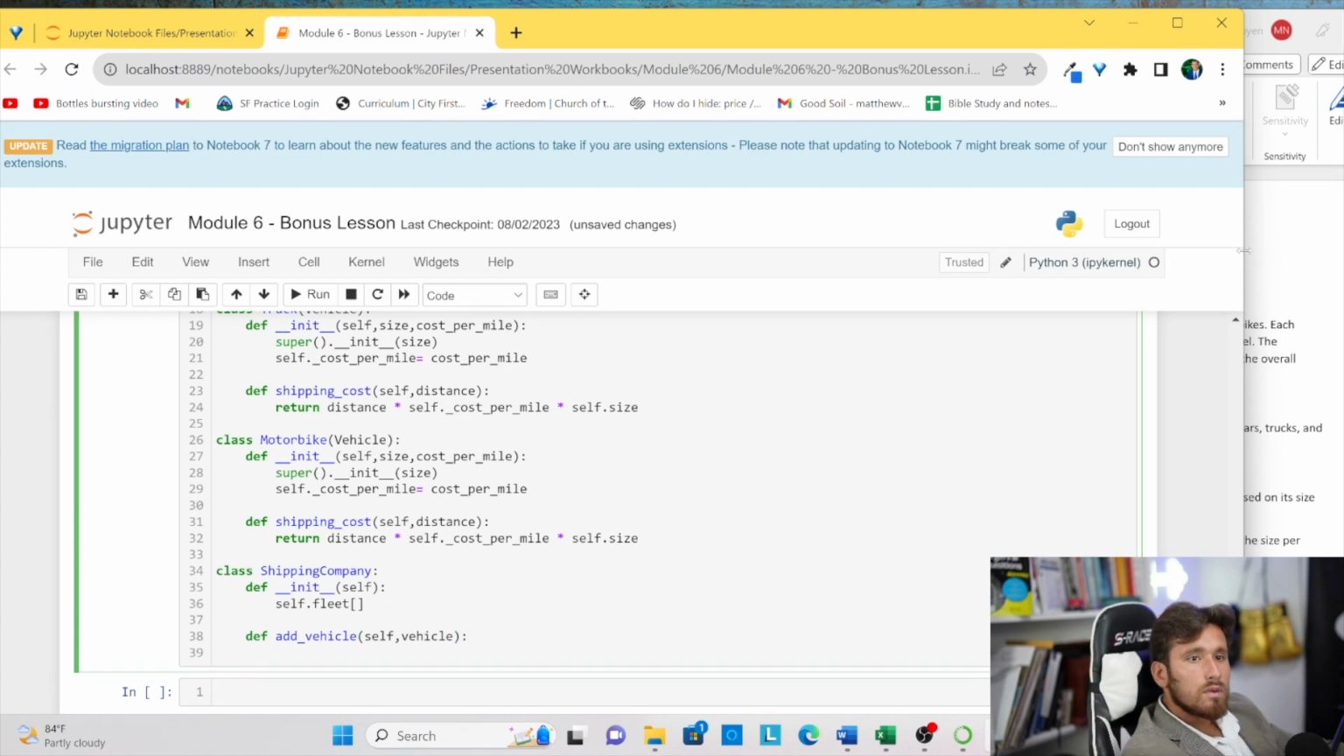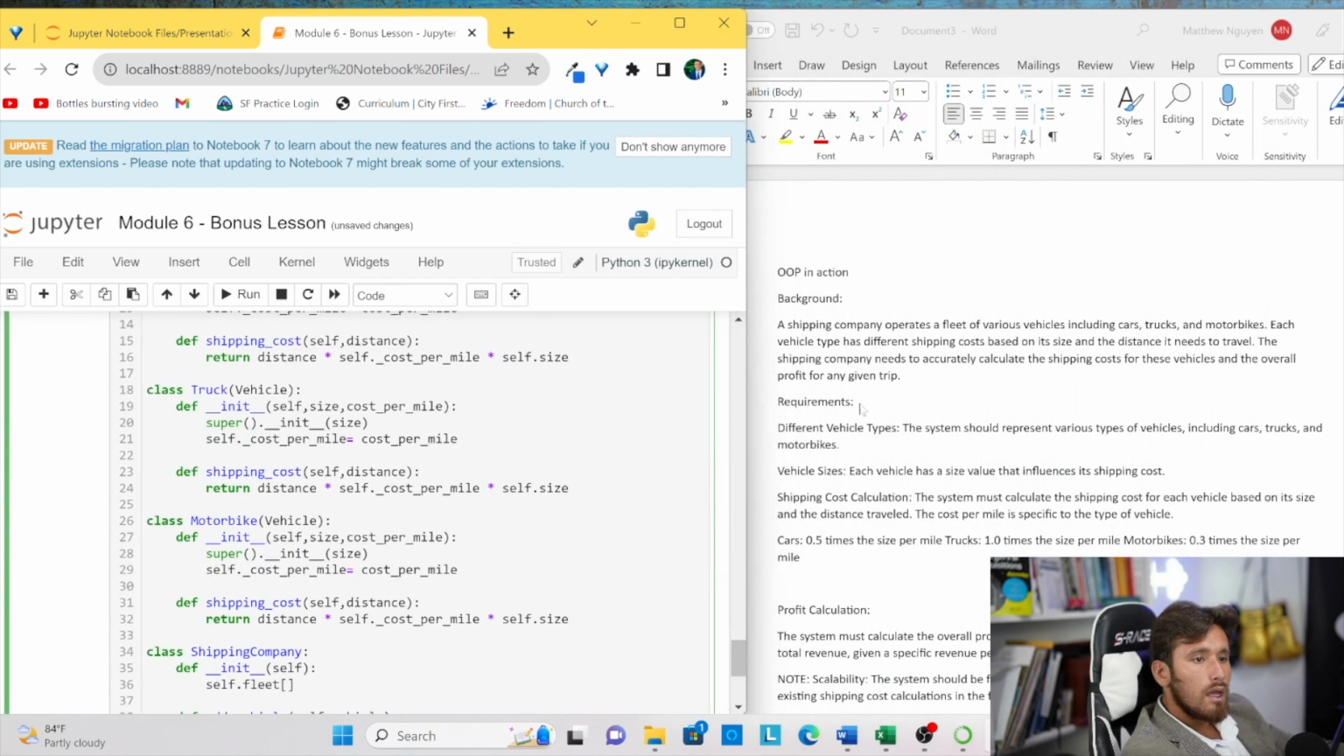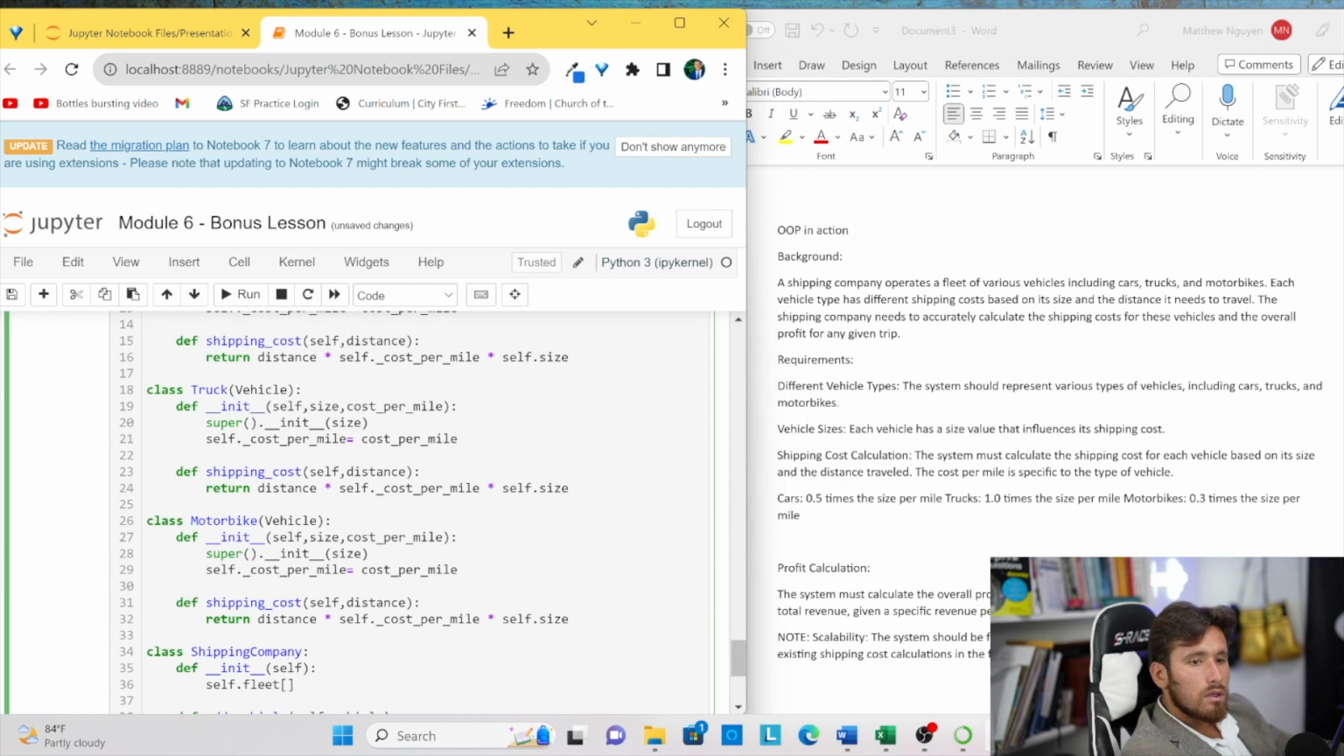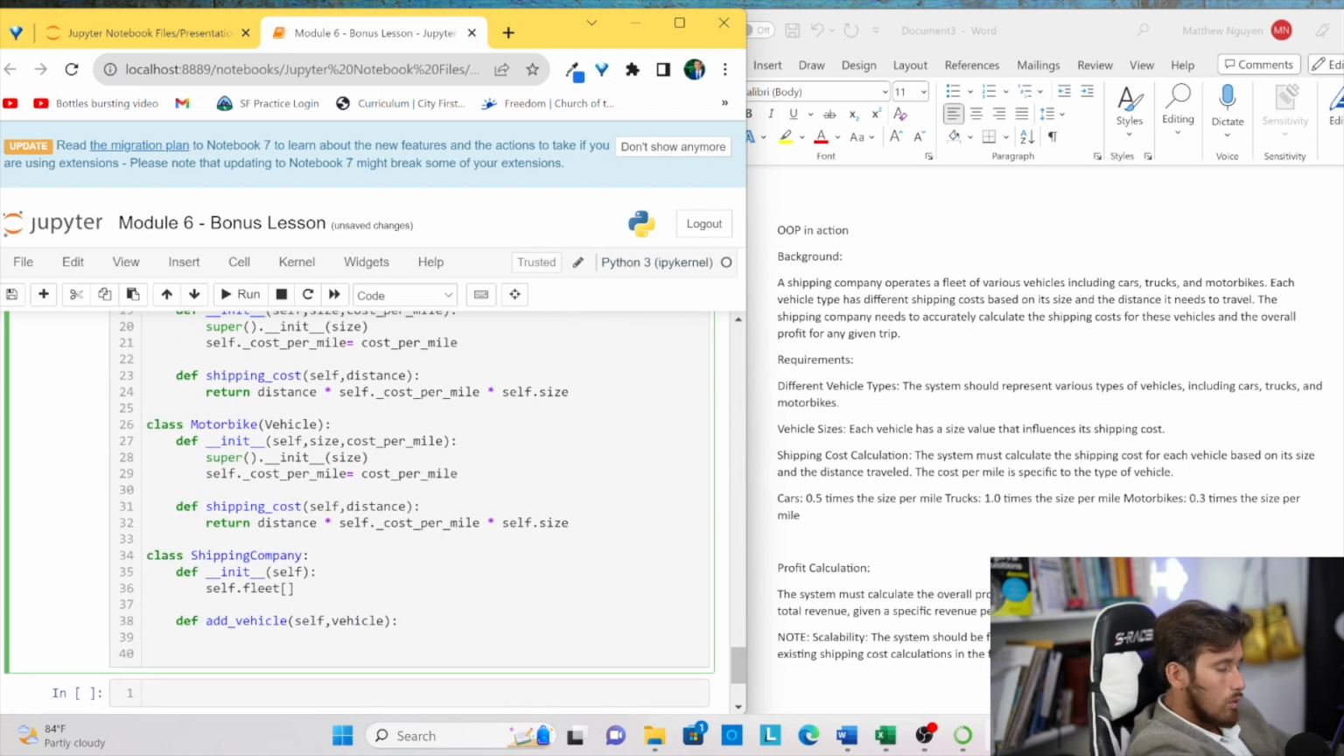Let me move this over so we can look at it. We're saying profit calculation: subtracting the total cost from the total revenue. Okay. So we'll do self.fleet.append. We'll append the vehicle. So we're going to add each vehicle to this fleet, and to calculate the profit, we'll do another